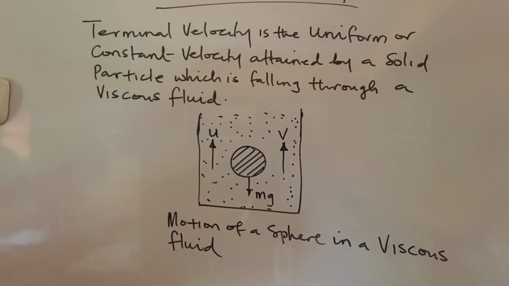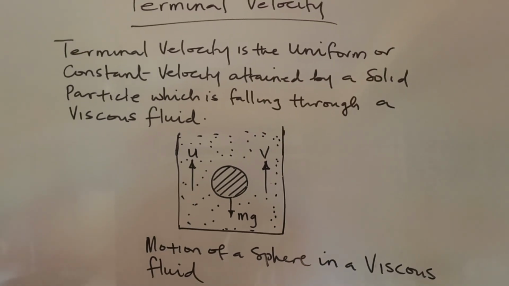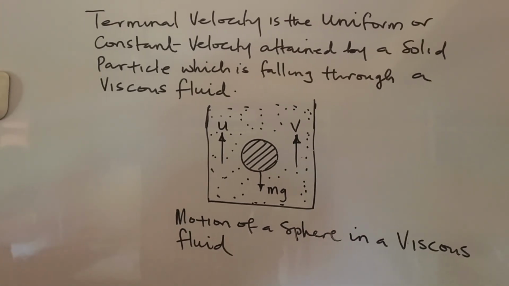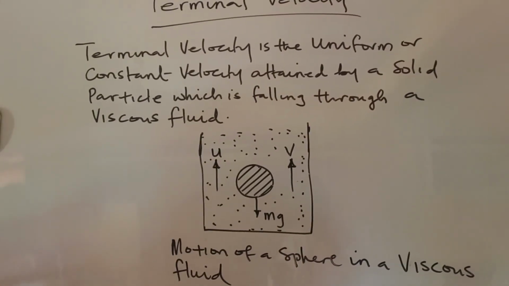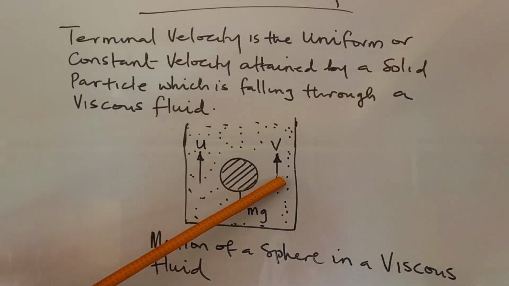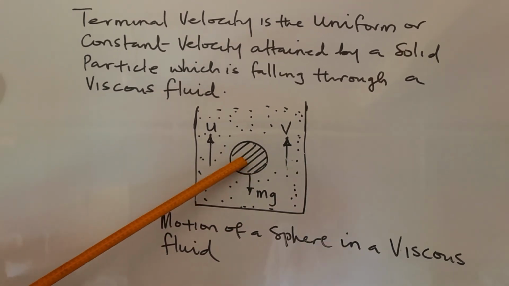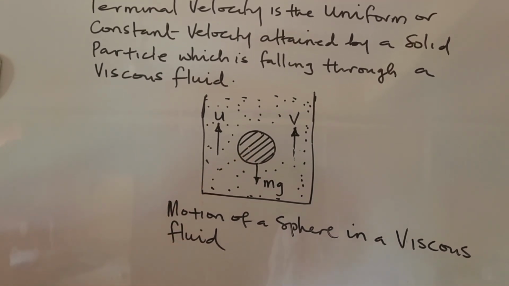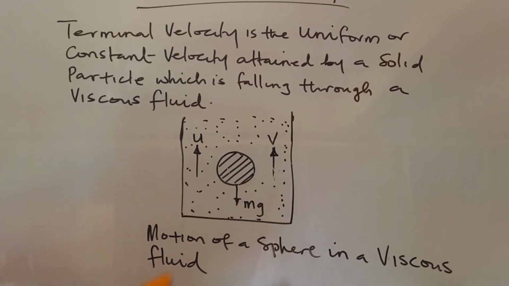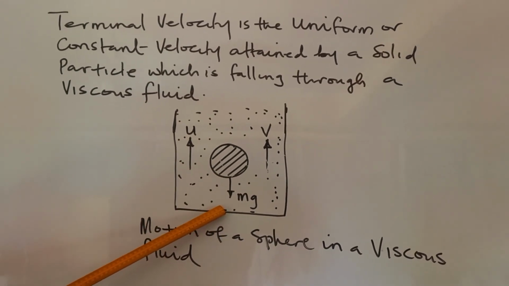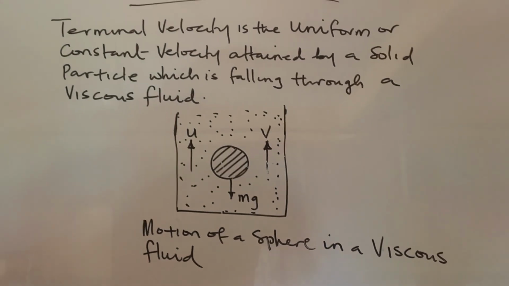This was first demonstrated by the 19th century British mathematician Sir George Stokes. Stokes discovered that a body falling through a viscous fluid experiences an upward retarding force V, which is dependent upon the radius of the sphere, its velocity, and the viscosity of the fluid. There is also the weight of the sphere acting downwards, mg, and the upthrust, u, of the liquid, which acts